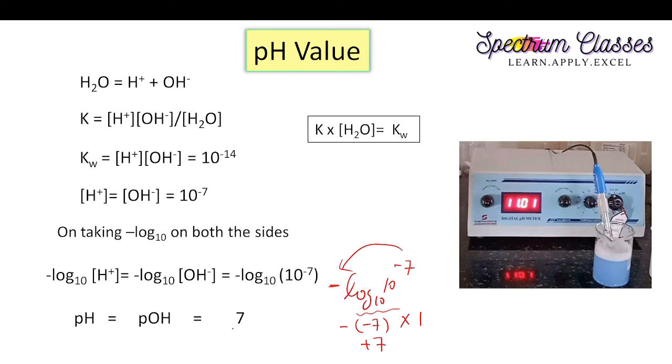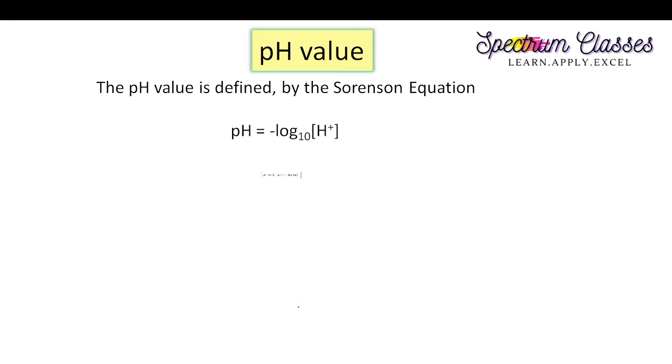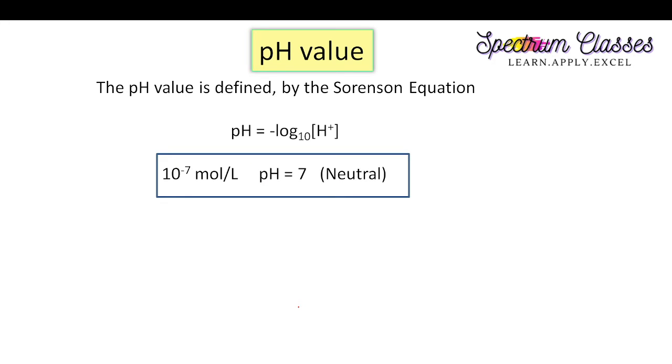You can see, right? So this is how the pH or the pOH, if both are equal in concentration, then we get this pH 7. And this pH 7 is termed as neutral pH, right? Since both the ions have their concentration exactly equal and neutralized by each other. So this pH 7 is the neutral pH.